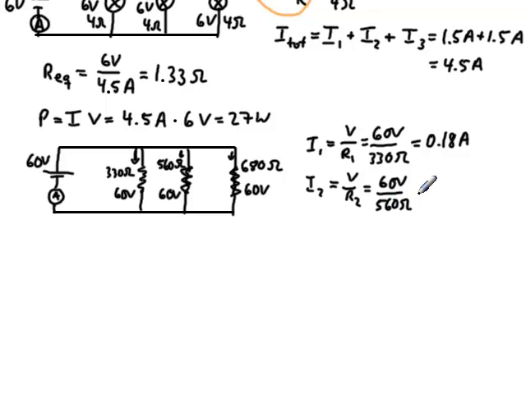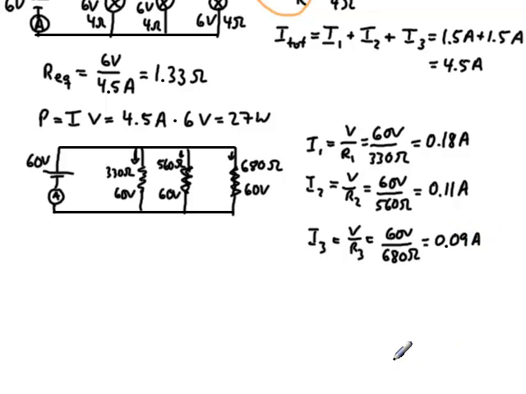That looks like a little bit more than 0.1 amps. And I come up with 0.11 amps, rounded. And the third one is I3, voltage over R3, 60 volts divided by 680 ohms. So it looks a little bit less than 1 amp, and I come up with 0.09 amps rounded. So those are the three